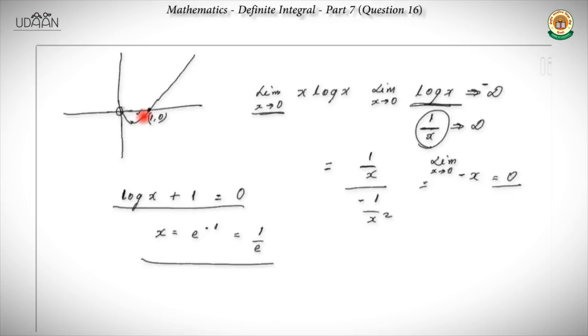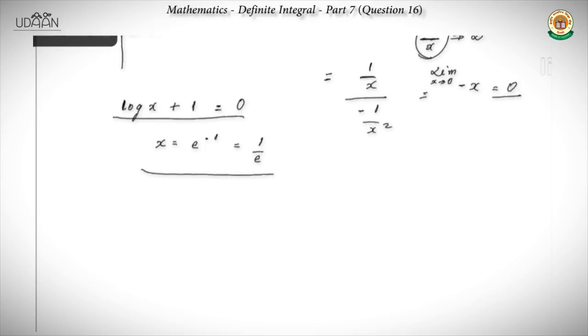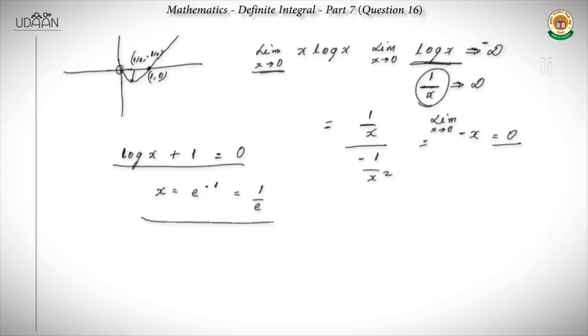So this is equal to 1 by e. I can find out the value at that point. Putting it in this expression, we get minus 1 into 1 by e, which will be equal to minus 1 by e. So this will be the point. Now what we need to realize from this is, while we are finding the area under the curve,